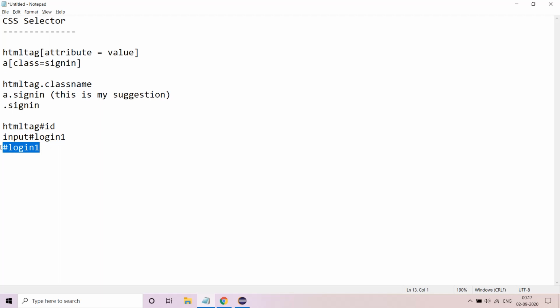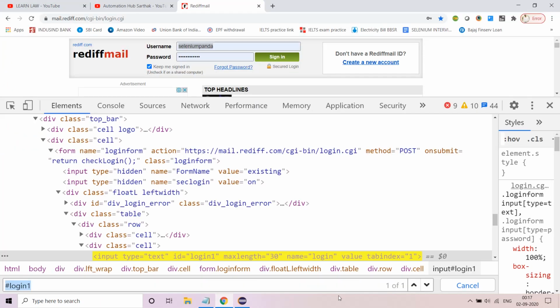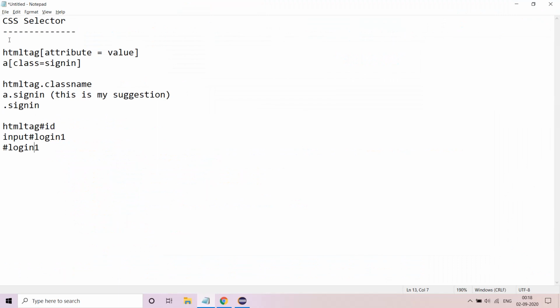I tend to do this, but again both of them are correct, but you have to be careful that it has to remain unique. It has to be 1 of 1. If it is 1 of 2, 1 of 3, then maybe you'll have to change a little bit in that regard. So this is a very simple analogy of how to write CSS selectors.